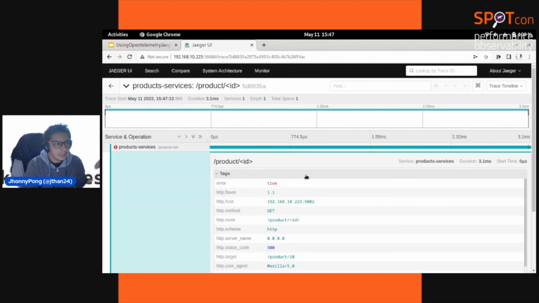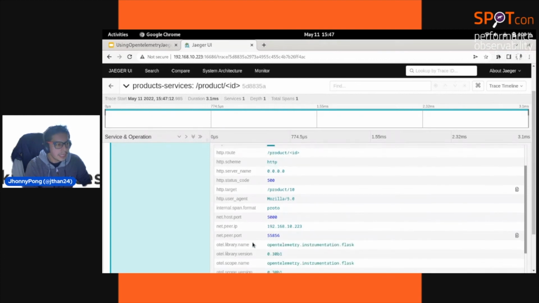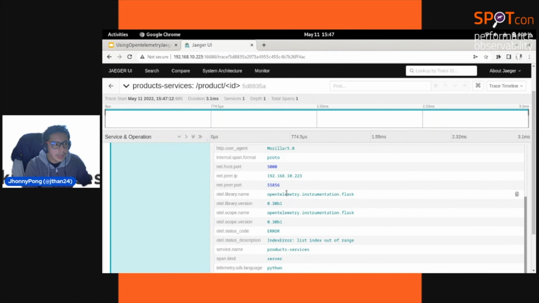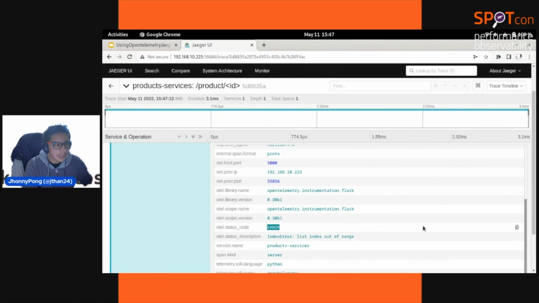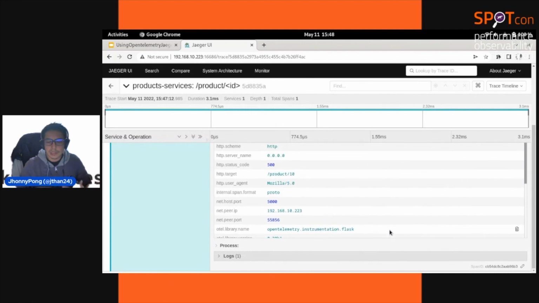I have some tags that I can look at more in depth for the instrumentation, and I obtain what is the route from a Python implementation, what is the port that is defined, what is the method being used, what is the library name for implementing observability, what is the part of the error, what is the information around this transaction, and how you can obtain this information, and you could put some alerts on it.